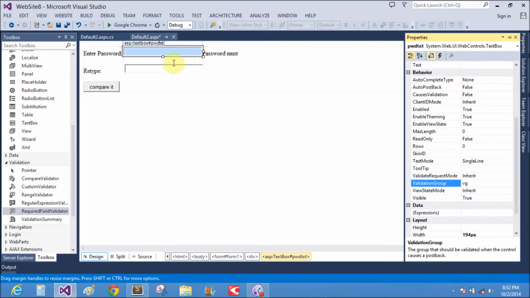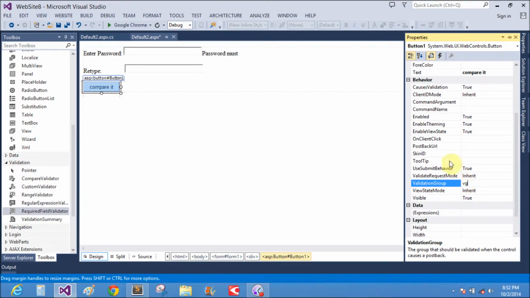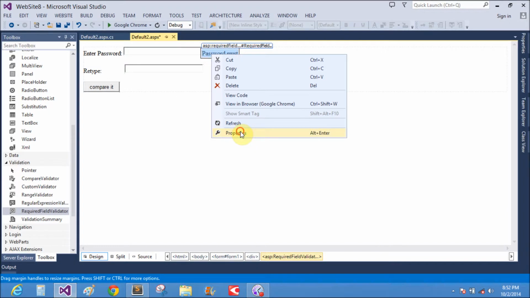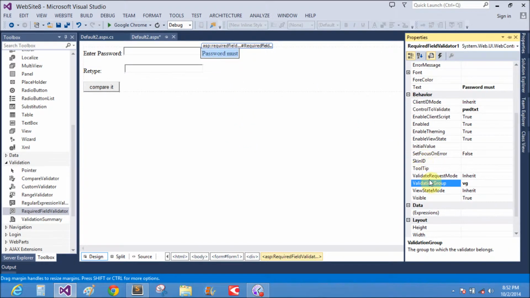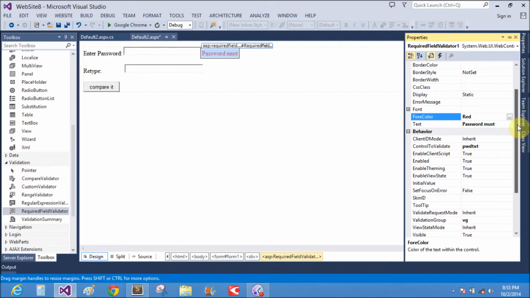Set the same validation group VG for the other controls, and the compare and required field validators' validation group is VG, and the fore color is red. Okay, that is the password color.